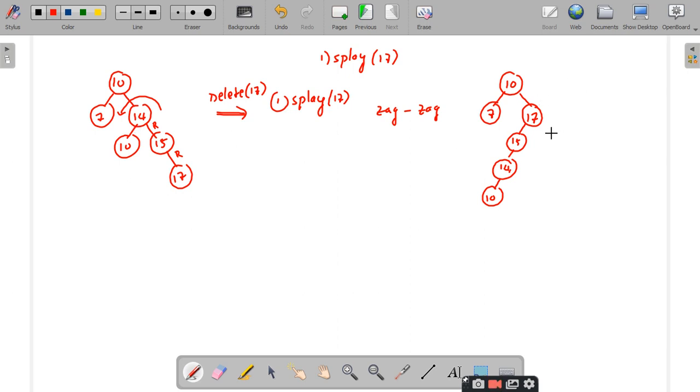Right. So another zag operation I have to perform. Why? Because 17 is not still splayed to the root node. So I have to perform a zag operation with respect to a parent. So what would I get? It will be 17. Tell me, what would I get? 10, sir, left.